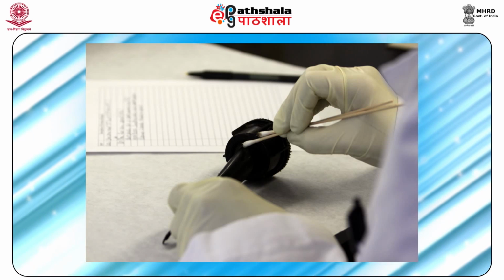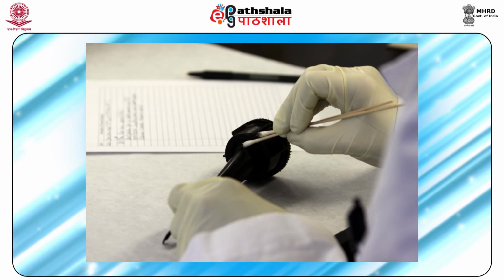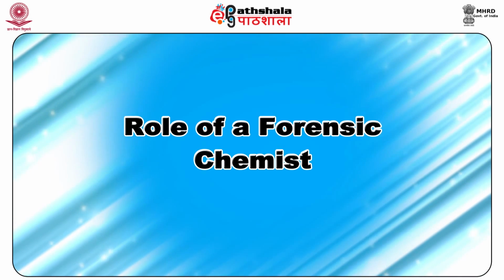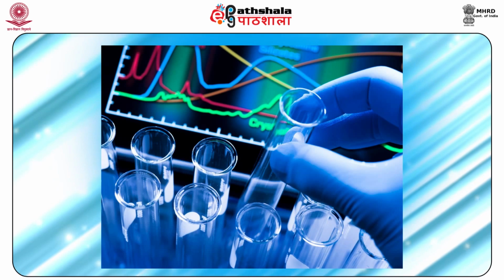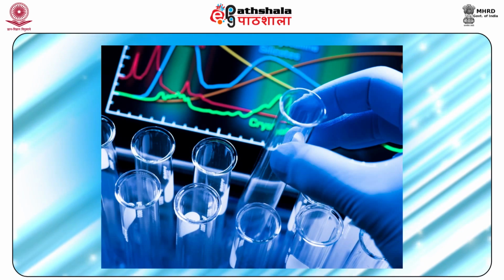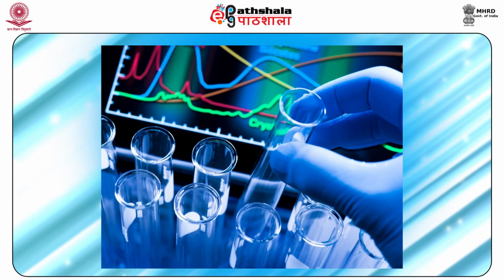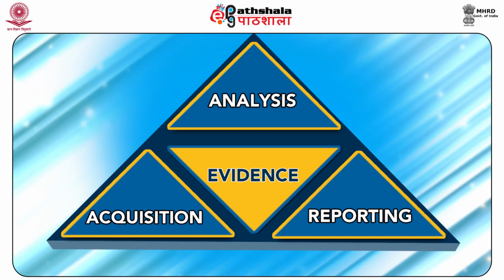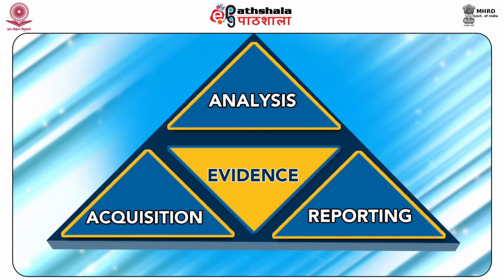It not only aids in the investigation and prosecution of crimes, but also assists in meeting the ends of justice. Role of a forensic chemist: the ability of forensic professionals to establish the presence of a link between accused and crime by matching physical evidence collected from the scene of crime and those obtained from the victim or accused, that is, the law of comparison, to strengthen the case of the prosecution.